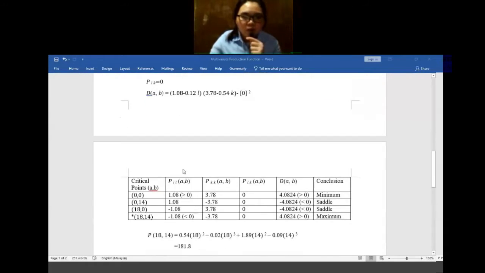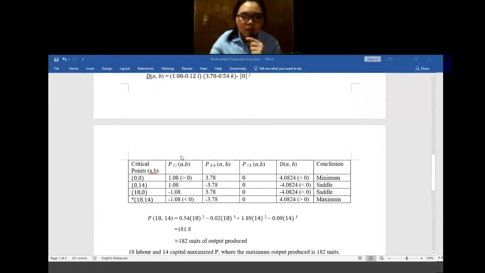After that, we need to construct a table to substitute each critical point into the second derivative of P with respect to L and with respect to K. And also, we need to substitute into the first derivative with respect to L and K